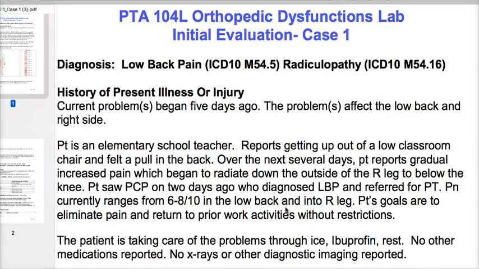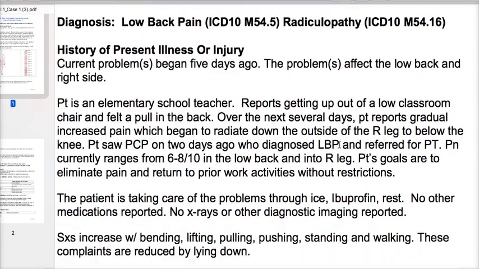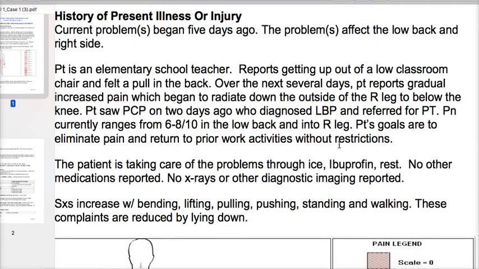I wanted to provide a screencast just to reinforce, talk about both cases, and to reinforce what was discussed in lab on Thursday. So in case number 1, we have a patient who has a low back problem 5 days ago. So the important thing about this case, and with any